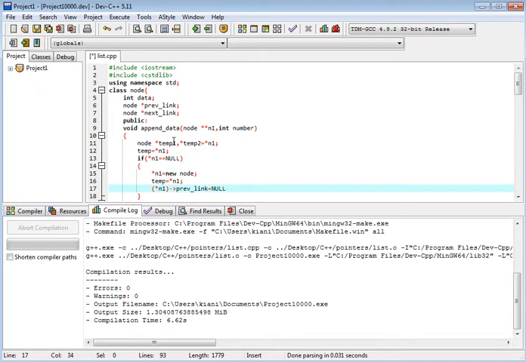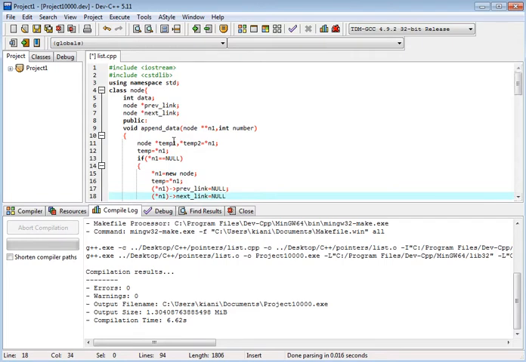Inside if, we have pointer to n1 next link is equal to null.